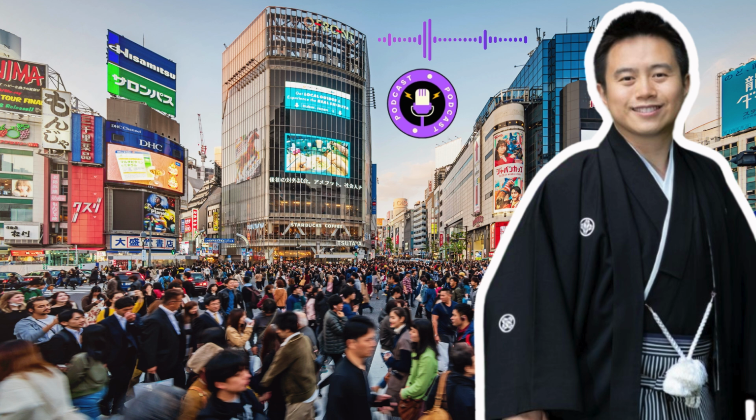The coming decades will be crucial in determining whether Japan can successfully address its population decline and maintain its position as a global economic and cultural powerhouse. The situation in Japan serves as a case study for other developed nations facing similar demographic trends. How Japan responds to this challenge could provide valuable insights for countries around the world grappling with aging populations and low birth rates. As we watch this situation unfold, it's clear that the decisions made today will shape the Japan